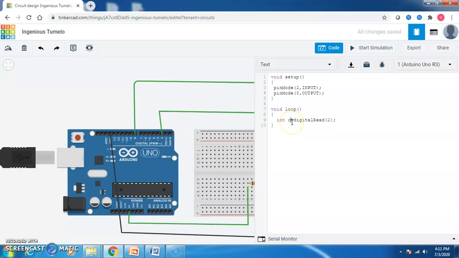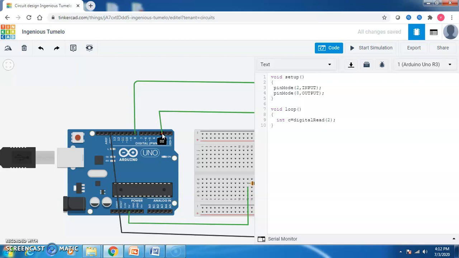Remember that whenever you press the switch, the status will be LOW, that is 0 volts. Whenever you don't press the switch, the status will be HIGH, that is 5 volts. Every digital pin is internally connected with a resistance and a diode, and the diode has two terminals, the cathode and the anode.